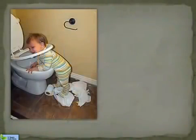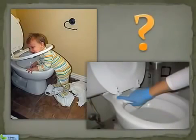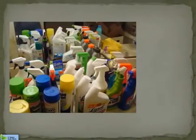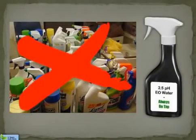Have you ever had something like this happen to your child or grandchild? Did you get a very uneasy feeling not knowing how clean that toilet really is? If you cleaned it with one of dozens of chemicals, you might have killed the germs, since very few of these chemicals kill all bacteria, but almost certainly you will have left a toxic chemical residue behind. Imagine your relief when you know you have been using electrolyzed oxidizing water to kill germs and you've also left